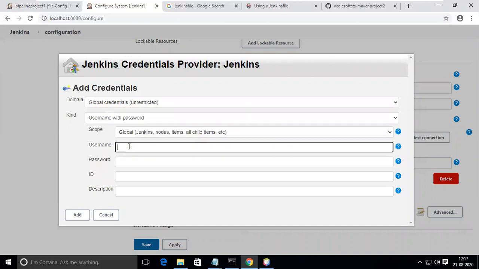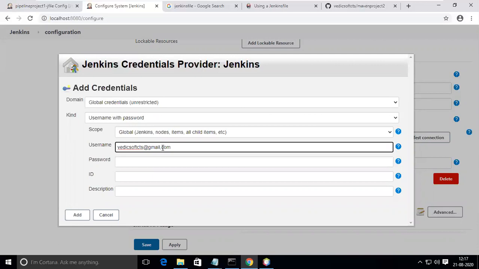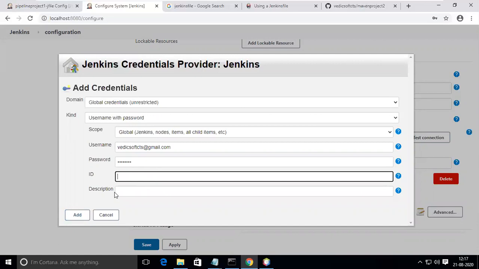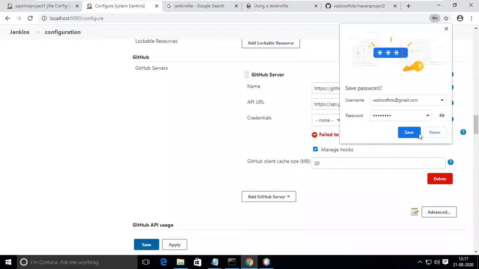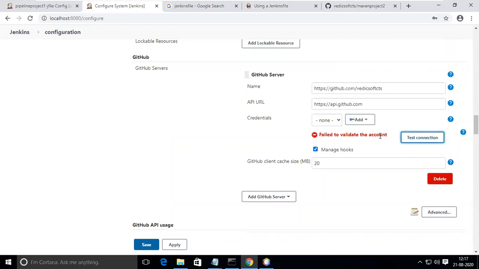Username is the email address at gmail.com. This is unnecessary. The ID, I don't know what ID it is. Test connection. Test failure.